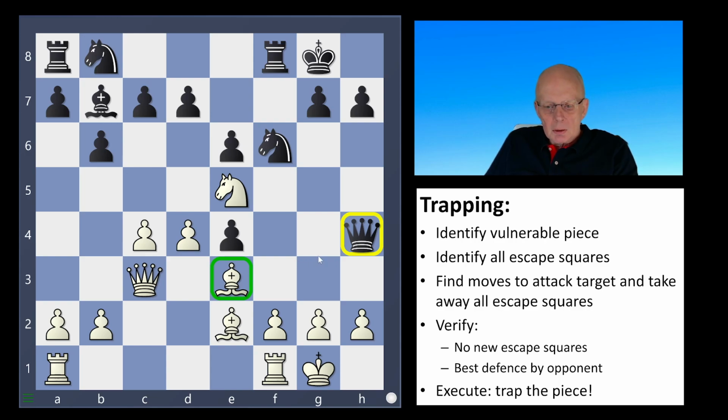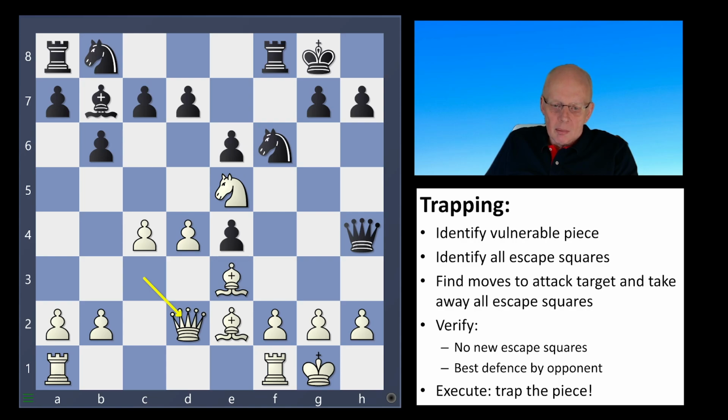There are 2 moves for the queen to defend the bishop and to prepare bishop g5, which are queen c1 and queen d2. So what is the difference? Can you find a difference? Because one works and the other one doesn't. And this all comes back to the 4th step, finding the best defense by your opponent and a counterattack. So after queen d2,